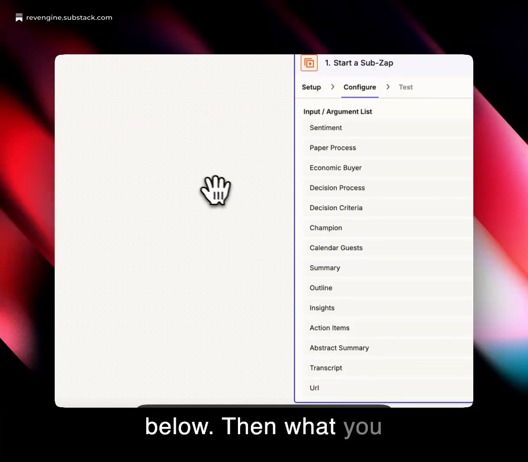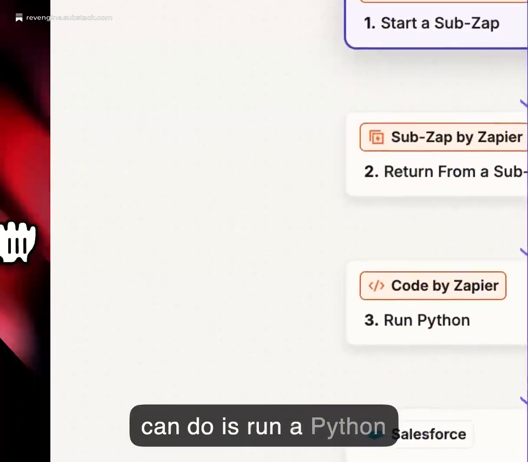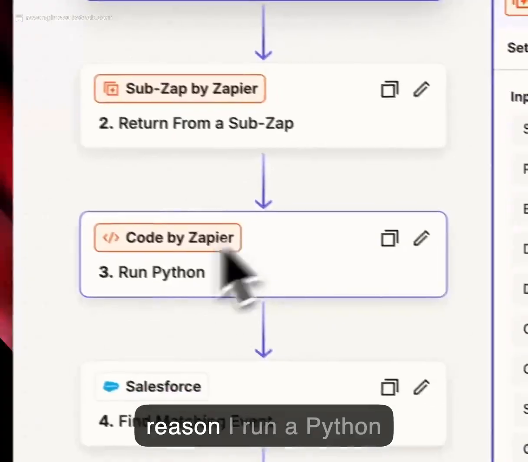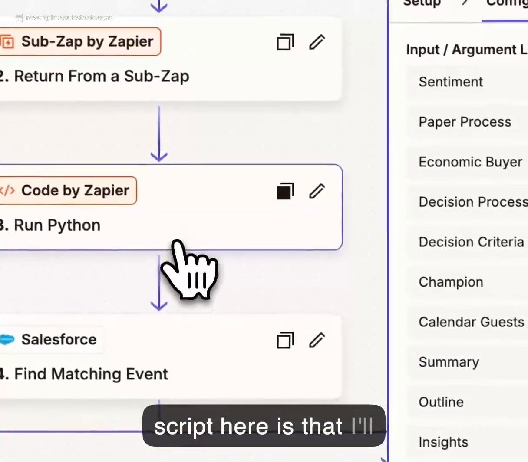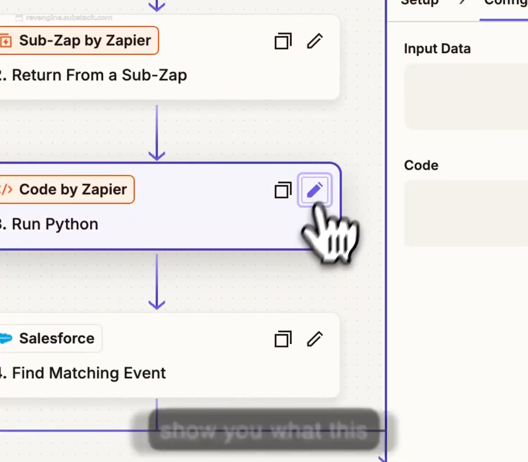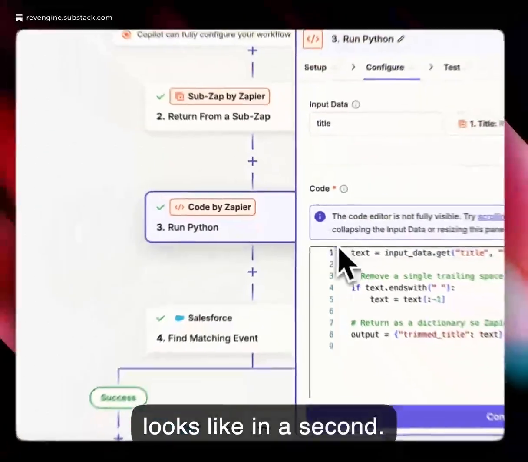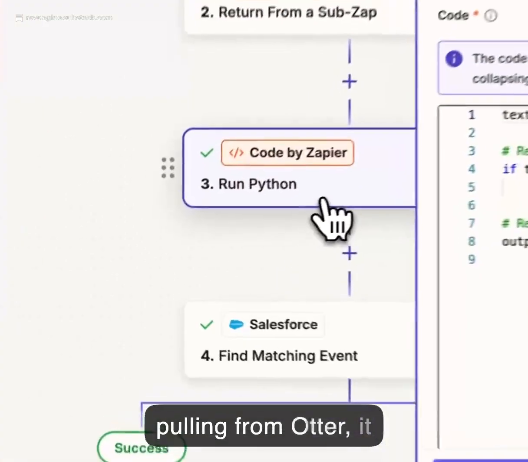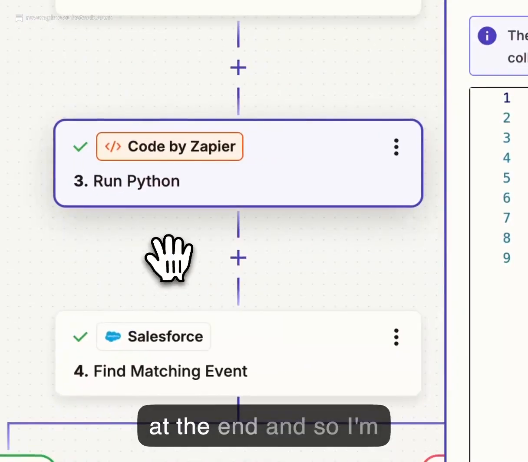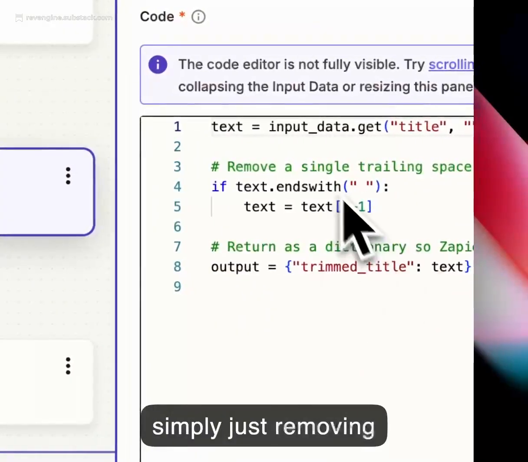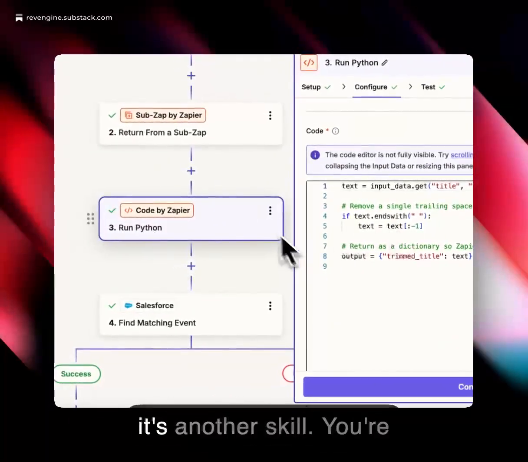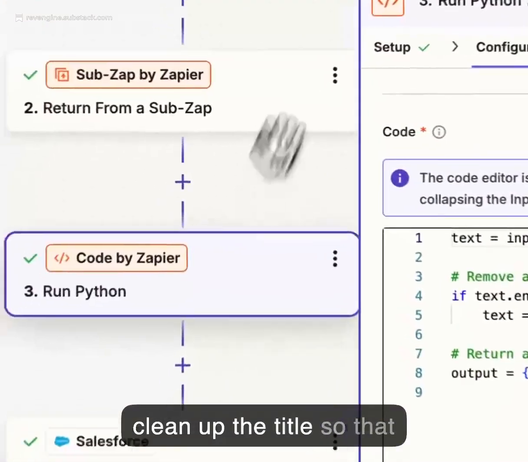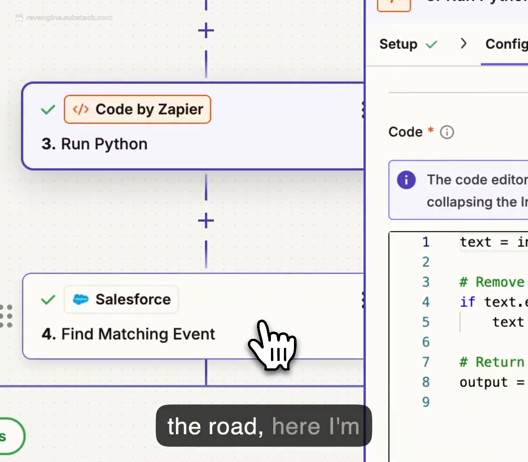Then what you can do is run a Python script again, and the reason I run a Python script here is that I'll show you what this looks like in a second. Sometimes the title is a little bit wonky, so for example, when it's pulling from Otter, it actually pulled a space at the end, and so I'm simply just removing the space. And again, it's another skill. You're using Python to actually clean up the title so that when you use it down the road,